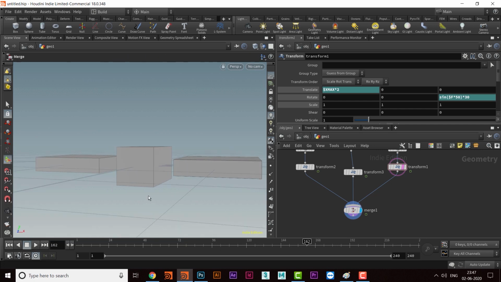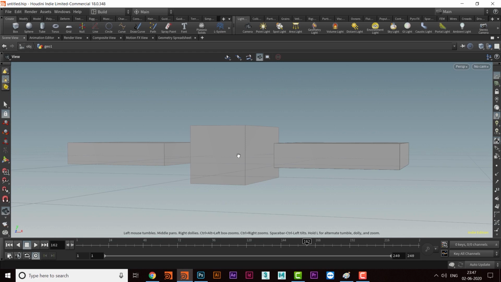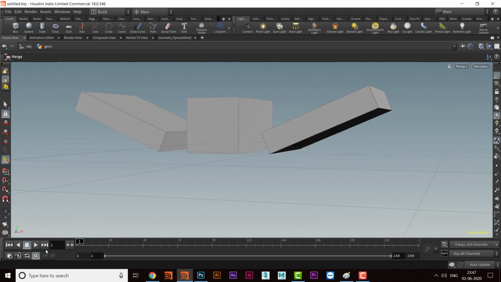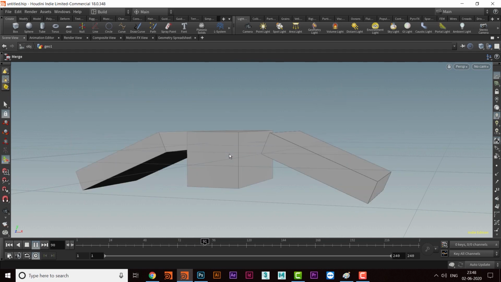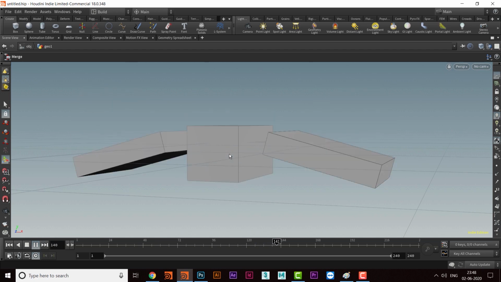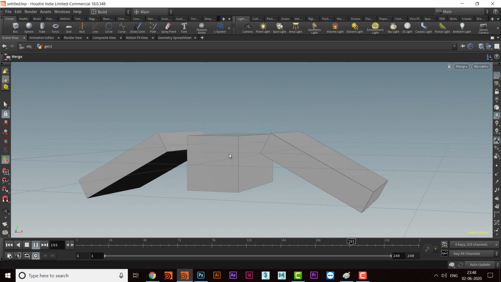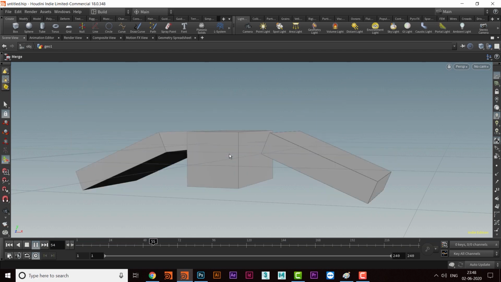Press Ctrl B to have a wider look. So with the help of expressions we can do a lot of things. In some coming videos we'll be getting into expressions again and again.